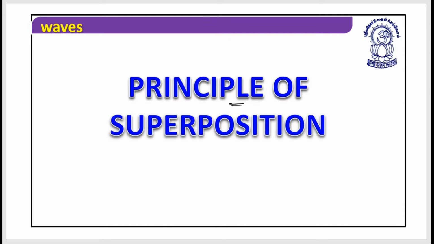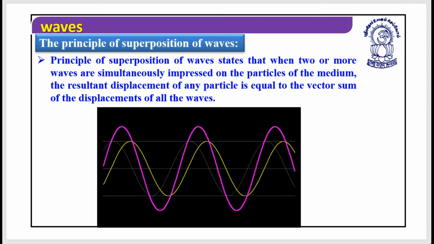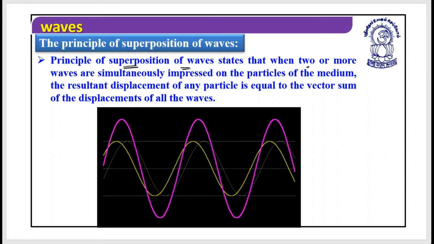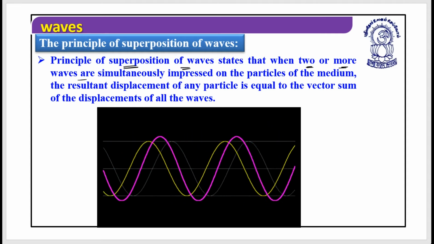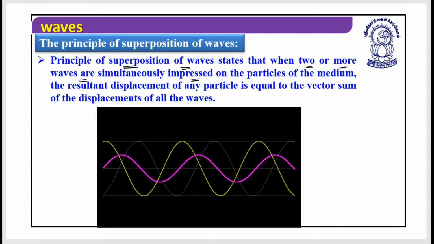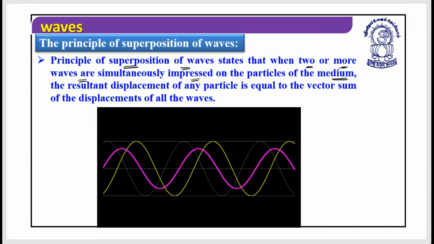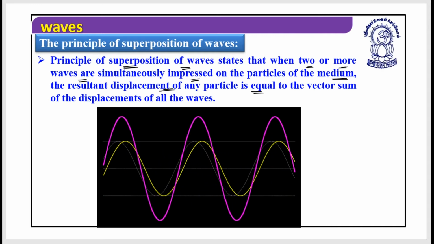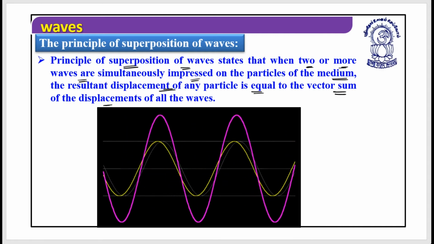In today's class we are going to discuss the principle of superposition. The principle of superposition of waves states that when two or more waves are simultaneously impressed on the particle of the medium, the resultant displacement of any particle is equal to the vector sum of the displacements